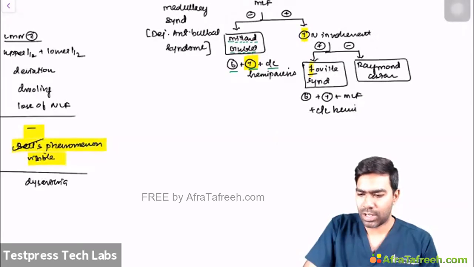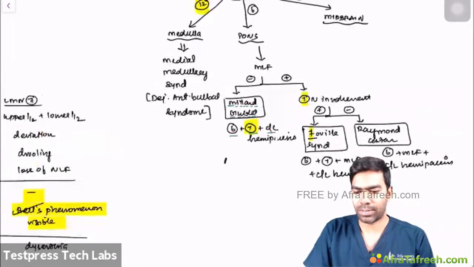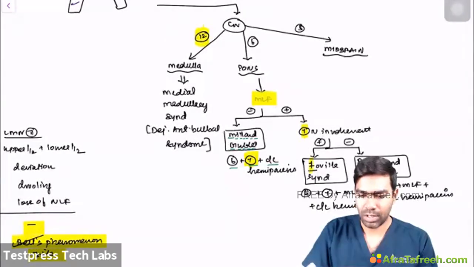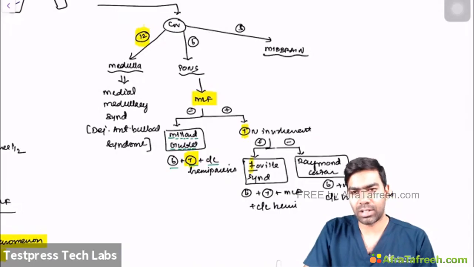Raymond-Sestan. In Raymond-Sestan syndrome, you will have only 6 plus MLF, but no 7 plus contralateral hemiparesis. So this is Raymond-Sestan syndrome. Easy to understand. Based on MLF, you can have different types of syndromes, and you can categorize based on that. And as far as the third cranial nerve syndromes are concerned, the most important